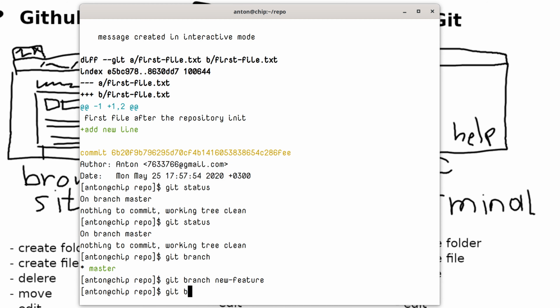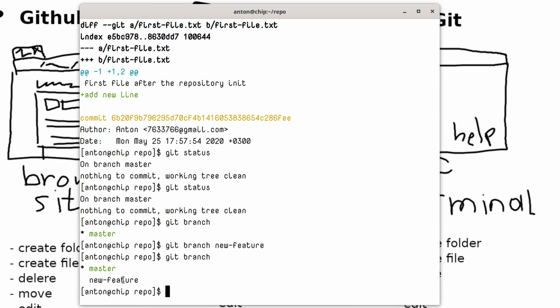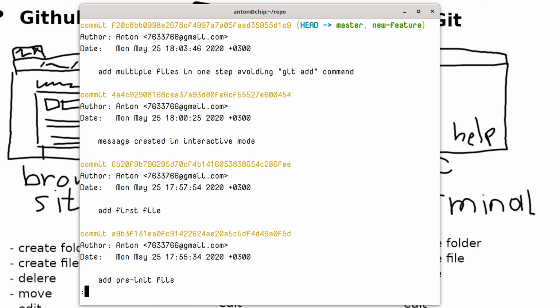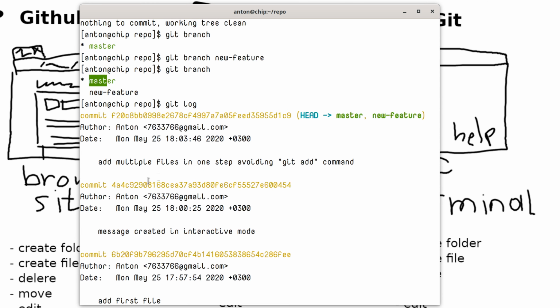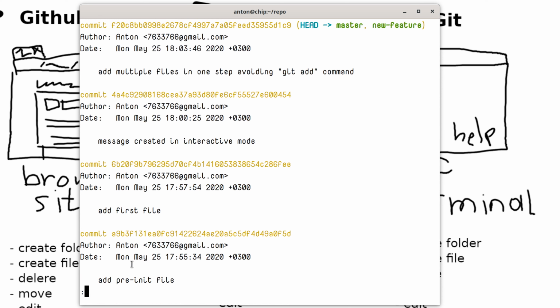Press enter. Now we have a second branch. Currently we are on the master branch, and git log will show us the history of the master branch from the very first commit to the last one. And if we switch to the second branch,